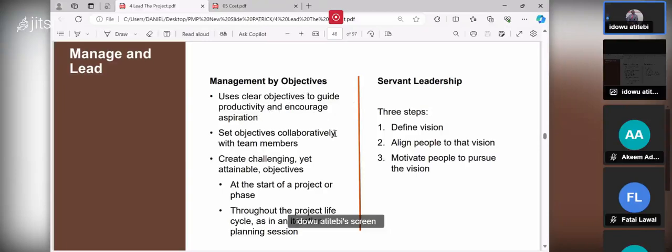Set objectives collaboratively with the team members. Create challenging and yet attainable objectives. At the start of a project or at a phase, you set targets for them. They work toward that target throughout the project life cycle, as in an iteration planning session. Although you also do this in an adaptive way. But you are using, like, agile,